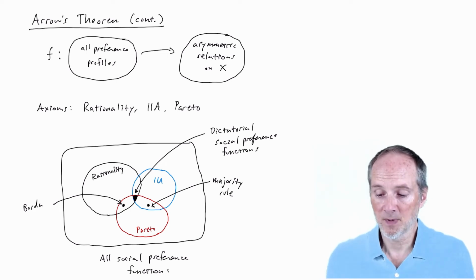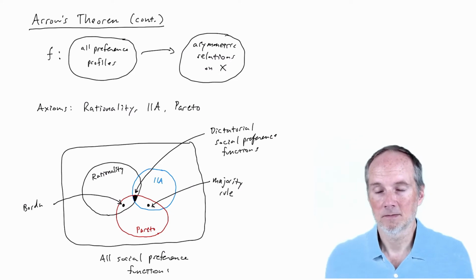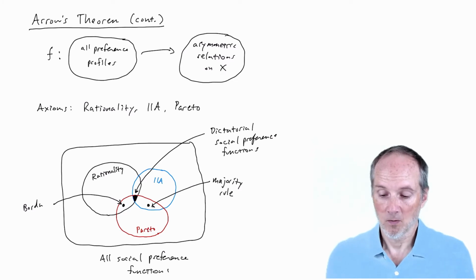desirable for society. But it turns out that the only social preference functions that satisfy all three of the axioms are dictatorial. Okay, and that is a pretty surprising implication to get by combining these three reasonable looking axioms. And